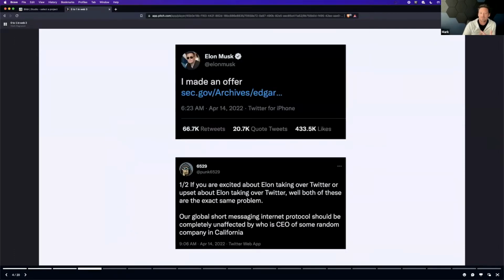And here's a really interesting example of that. I'm sure everyone has heard about Elon Musk attempting to buy Twitter. We'll see if it actually ends up going through or not. But I thought this was a really cool interchange that happened about a month and a half ago now. If you don't follow Punk 6529 on Twitter, and you're interested in Web3, you really should